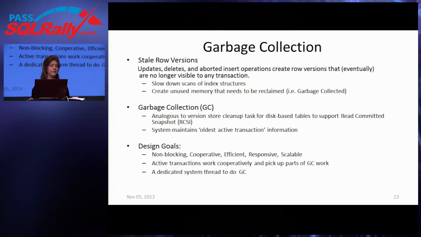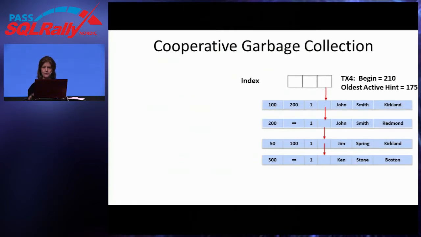But there is a background thread that goes through and looks for stale rows, looks to see if anyone still needs them, and will start to mark them for collection. And then user processes, as they go through looking for other data, if they find a stale row, can actually remove rows from the index chains. We'll see that in a picture on the next slide, I believe.